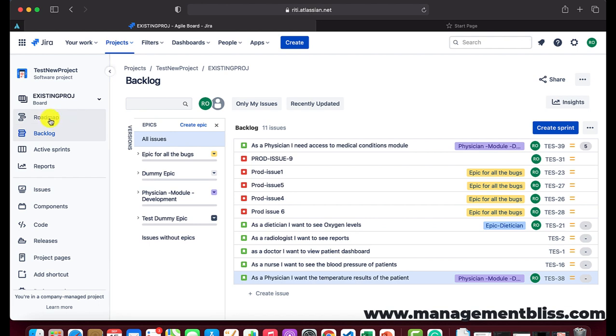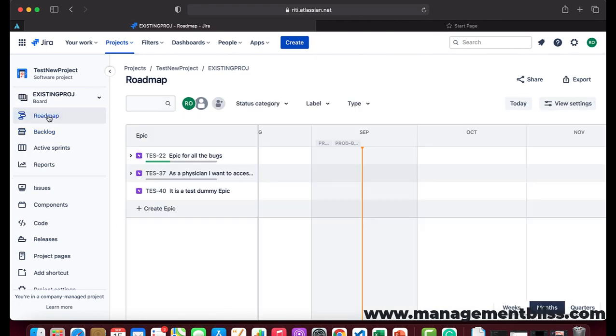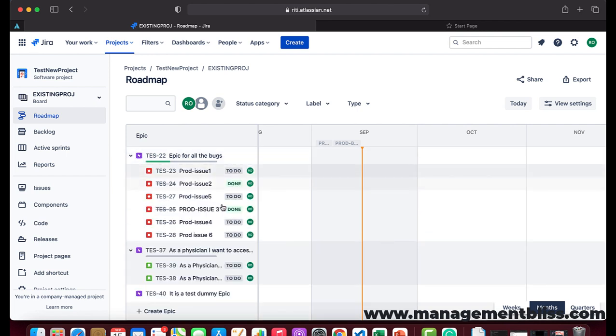Okay, now let us move to the roadmap and see what role epics play in the roadmap. Well, Jira Software provides a feature at team level called roadmaps, which is very useful for planning big work several months in advance within a single project. Roadmaps are very effective in visualizing and managing the work together with the team. As we can see in the roadmap, all the epics which we have created are already there, and under them we can see the issues. From here we can just go ahead and plan them.